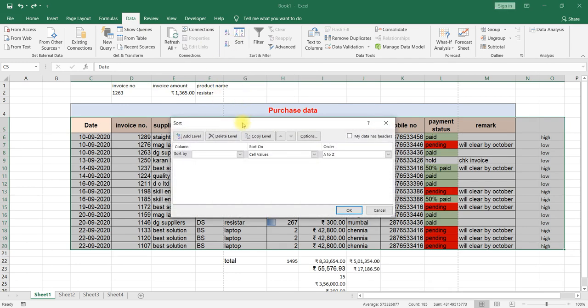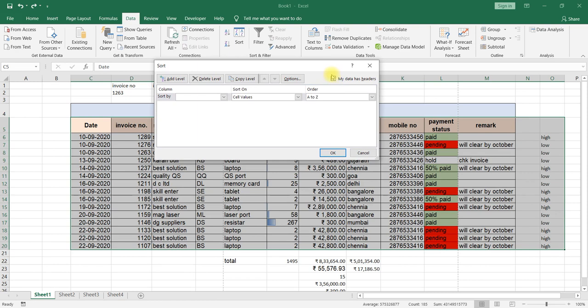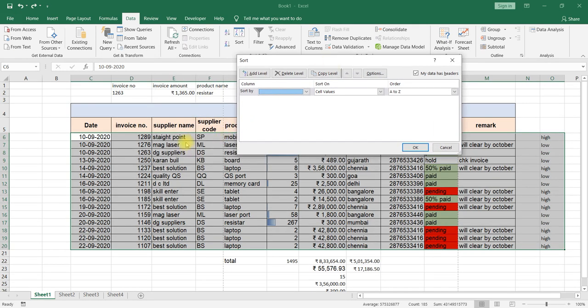Now it is asking, and here one thing you have to observe: do you have a data header? Yes, I have a data header, I selected date, invoice number, everything. So we select that the data header is there. Now it is asking sort by which column. I would like to sort by supplier name, so we select supplier name.